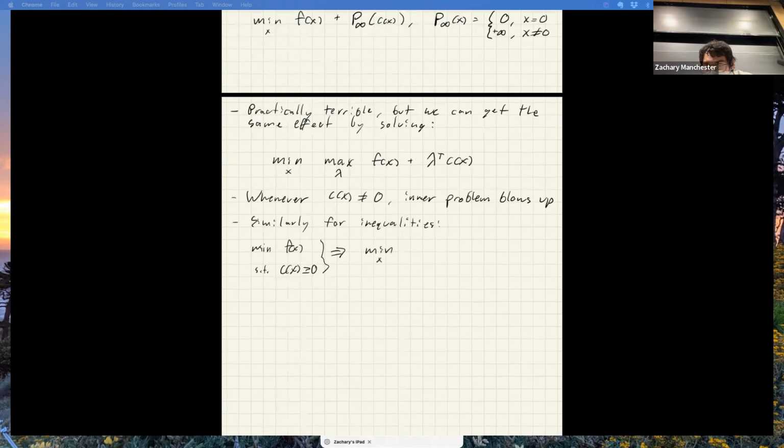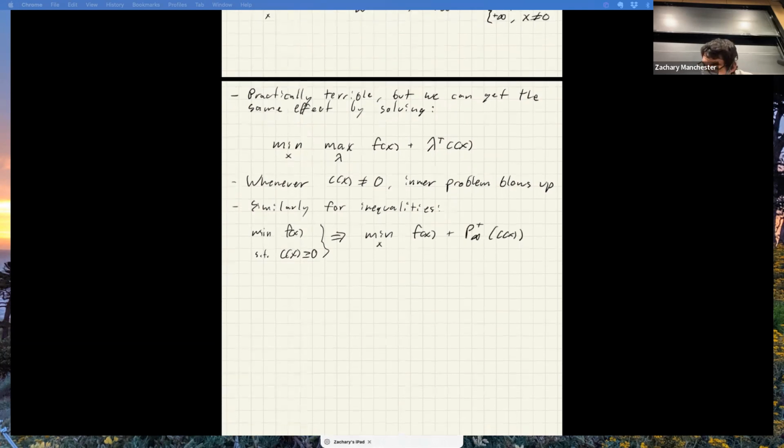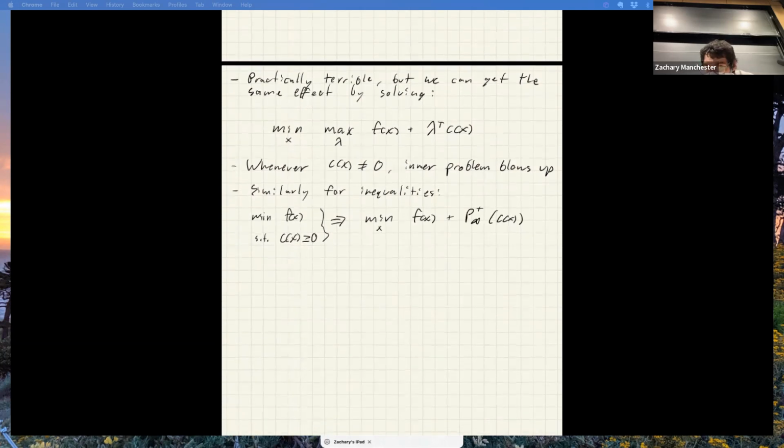I'll define a sort of f of x. We'll call this one p infinity plus of c of x, and this is defined similarly to before, except it's one-sided now. So p infinity of x equals